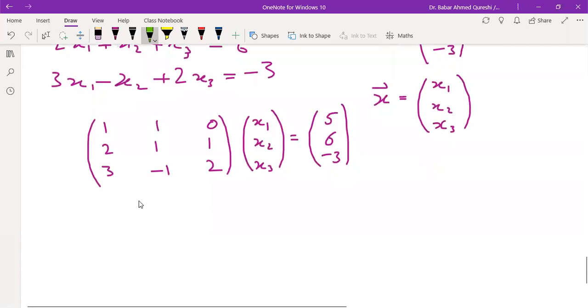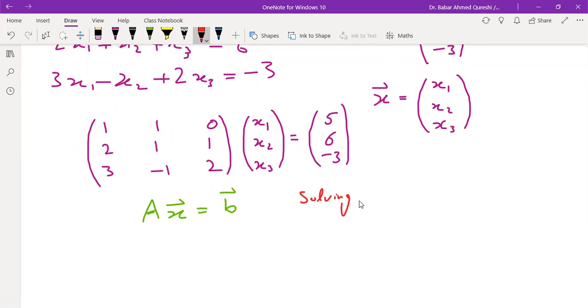So I can write symbolically, give this matrix a name A. A multiplying with the vector X gives me B. So in a sense, when I solve this linear system, solving linear system in this way of thinking is equivalent to